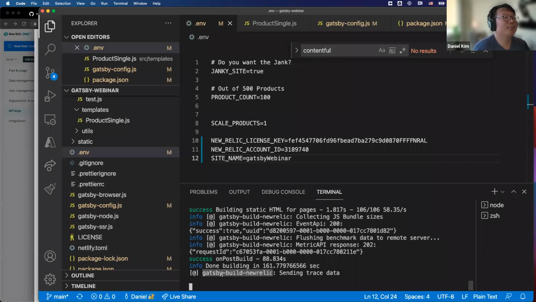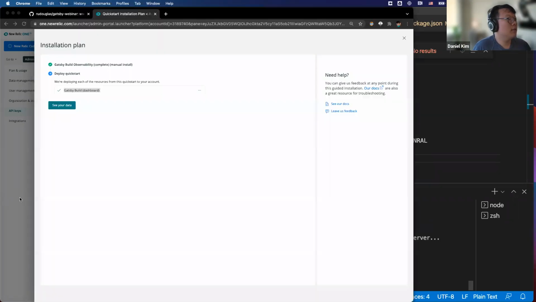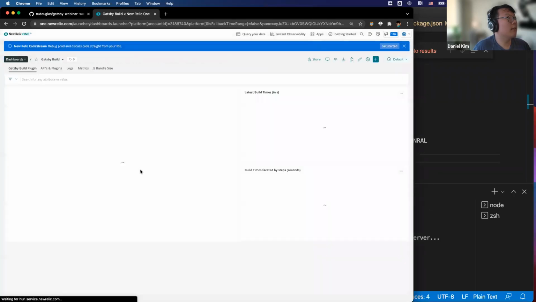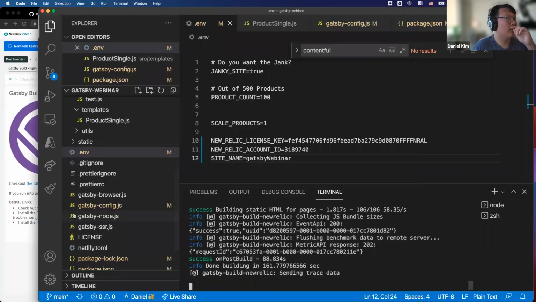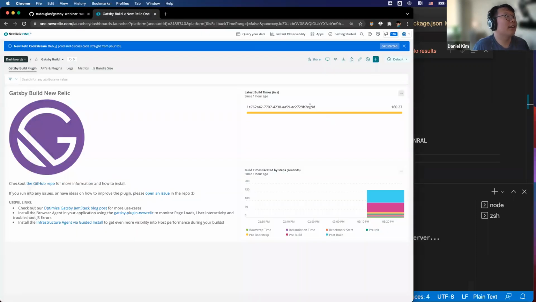Do you have that forked into a different workspace, or do you just use... We use our internal workspace. Okay. You just have a PR view. Yeah. It is still sending tracing data. Let me go in and see if there's still data populated. Okay, cool. This might be hanging because the data is already in New Relic One.